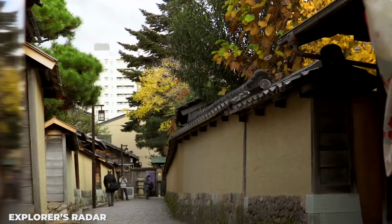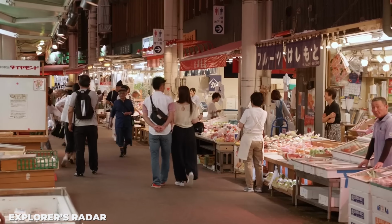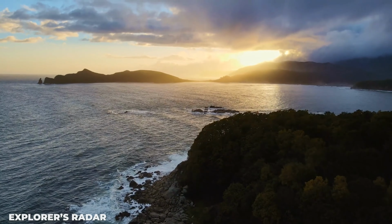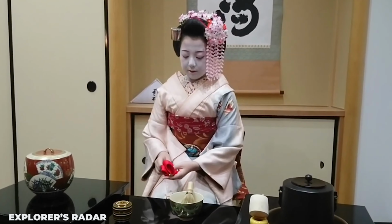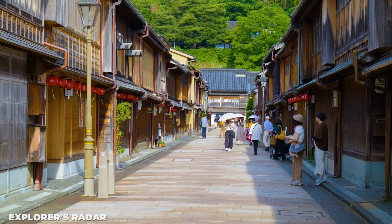Imagine stepping into a city where perfectly preserved samurai districts tell stories of ancient warriors, where 300-year-old markets overflow with the freshest seafood from the Sea of Japan, and where geisha culture thrives in wooden teahouses that have welcomed guests for centuries. Planning just 2 days in Kanazawa and worried you'll miss the hidden gems that make this city so